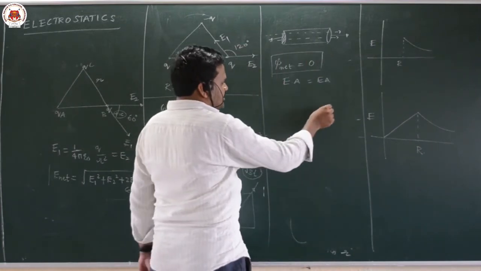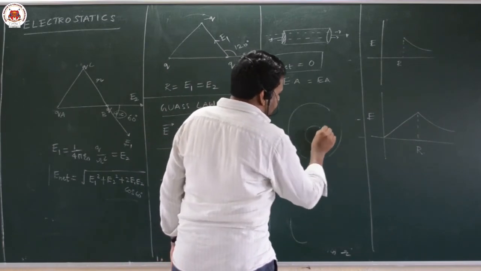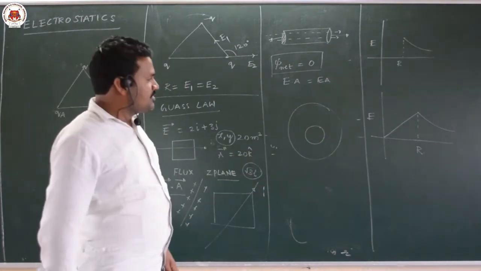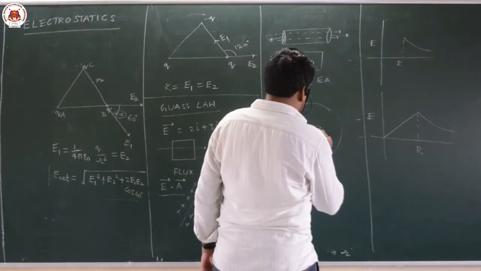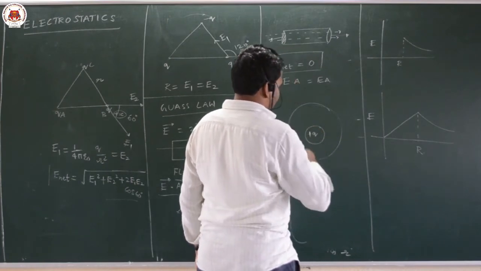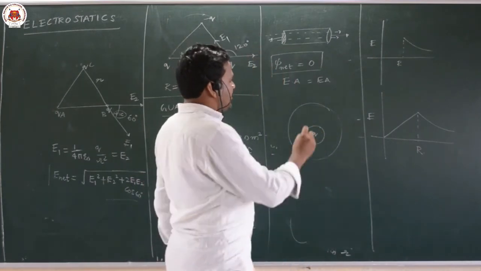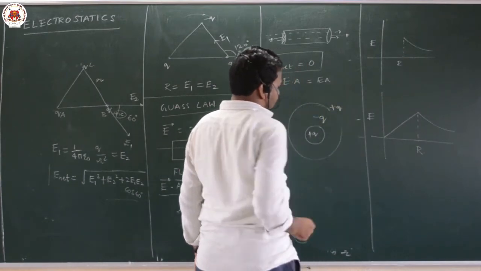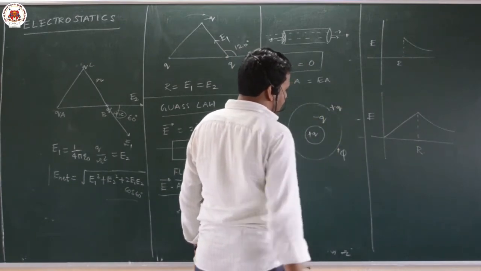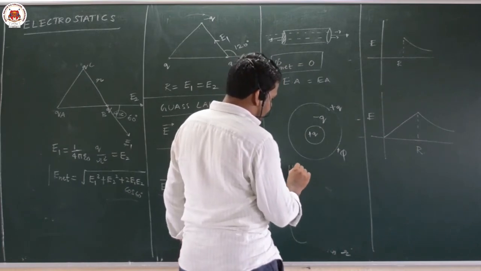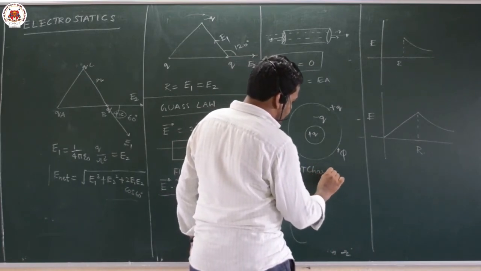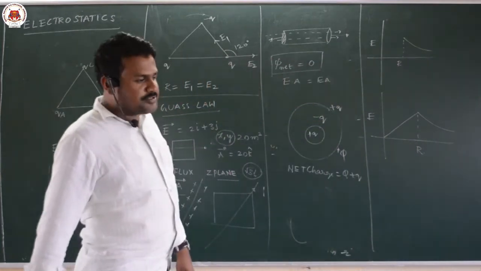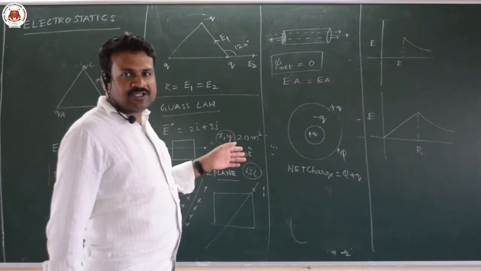Sometimes inside a conductor they will make a cavity. Then what is the electric field in this cavity? It is 0 because no charge is there. Suppose I keep a minus q charge or a plus q charge inside this cavity, it will induce plus q on its inner surface and minus q on the outer surface. If this conductor already has a charge capital Q, then the net charge is capital Q plus small q. So, this is what we have about your first chapter, electric charges and fields.